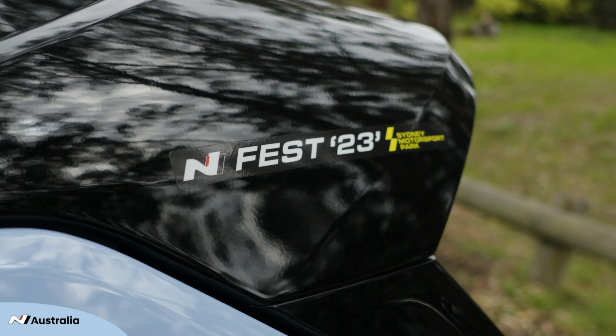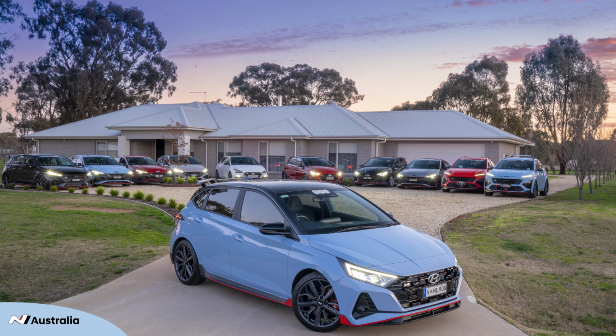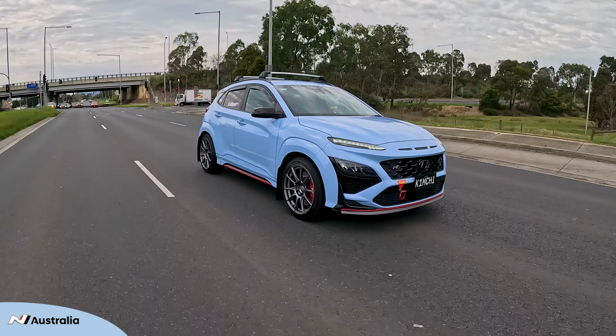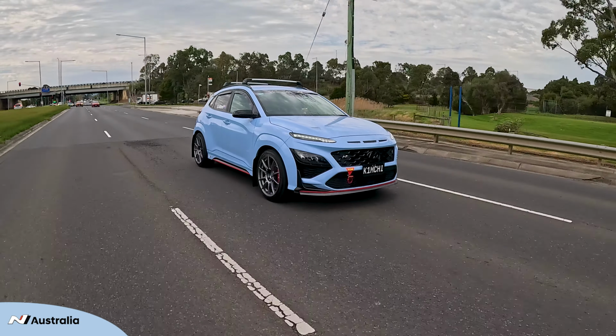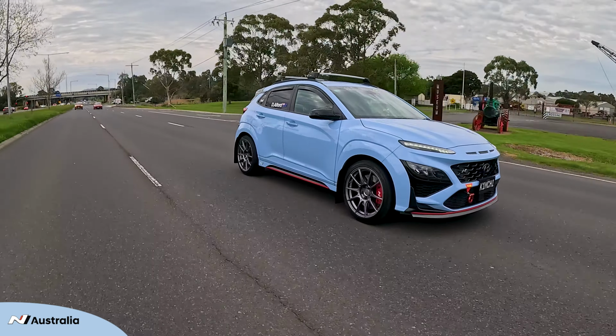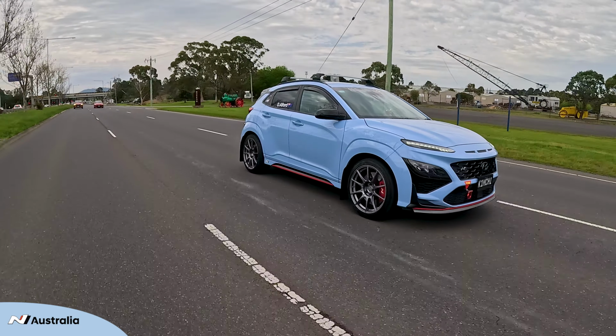My best driving experience so far with this car has been the road trip to N-Fest 2023 up at Sydney Motorsport Park. We did the drive as a group of Victorians, did it as a day drive, starting at Wangaratta at Mike 900s, and basically just did it as a big road trip. So it was like any other N drive that we would do, but we did the 700 or 800 Ks in a day, and did some stops on the way, had a bit of fun, just did it